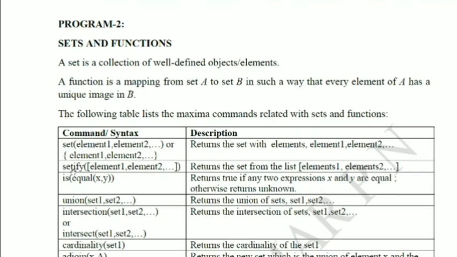And if you give the command setify with simple brackets and a square bracket of elements, the square bracket is nothing but a list or array or matrix.